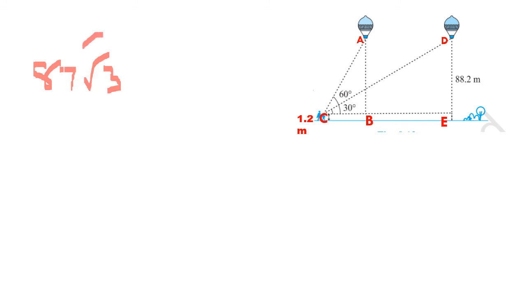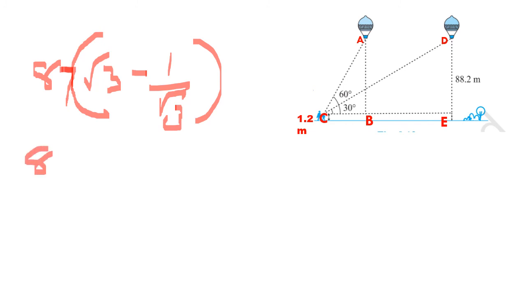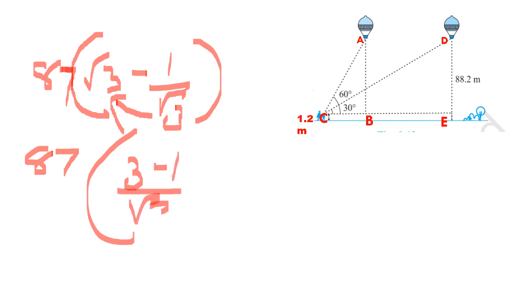Take 87 common: root 3 minus 1 upon root 3, because 87 was in both the terms, hence we took it common. Now just take the LCM, cross multiply. Root 3 into root 3 is 3, 3 minus 1 upon root 3, that is equal to 87 into 2